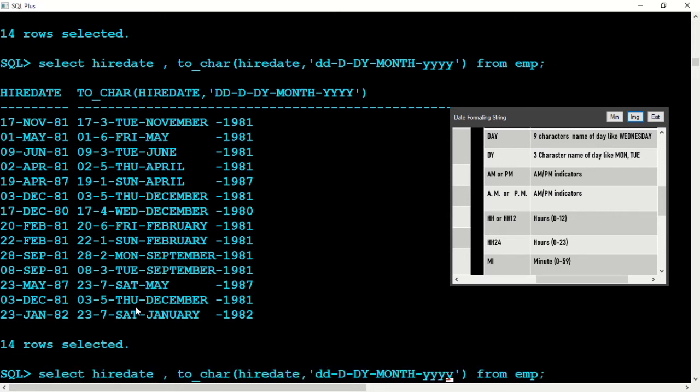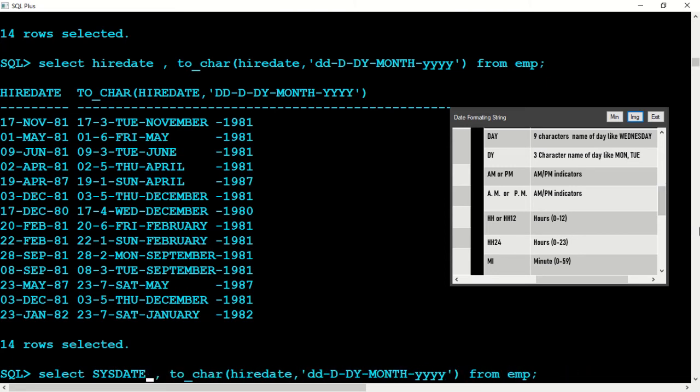Now I'll remove all those things. Instead of hire date, I'll say SYSDATE. SYSDATE means the current date.